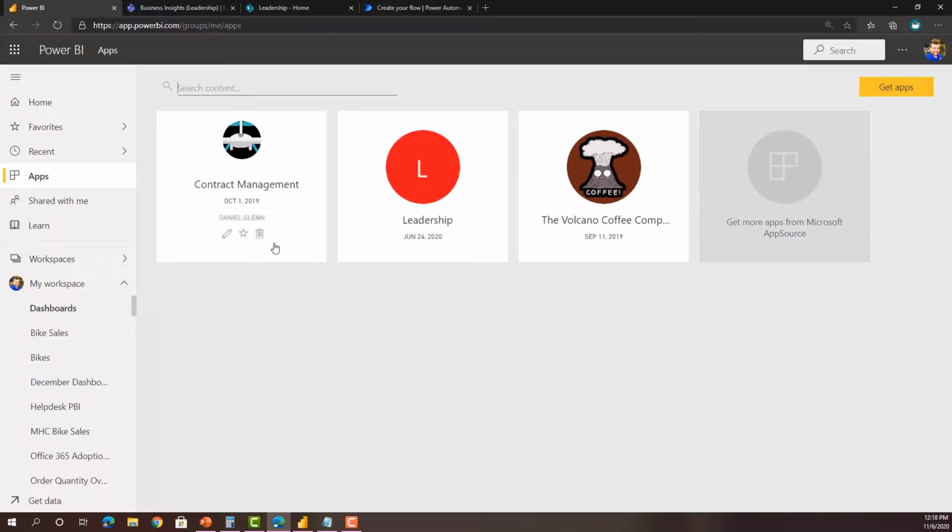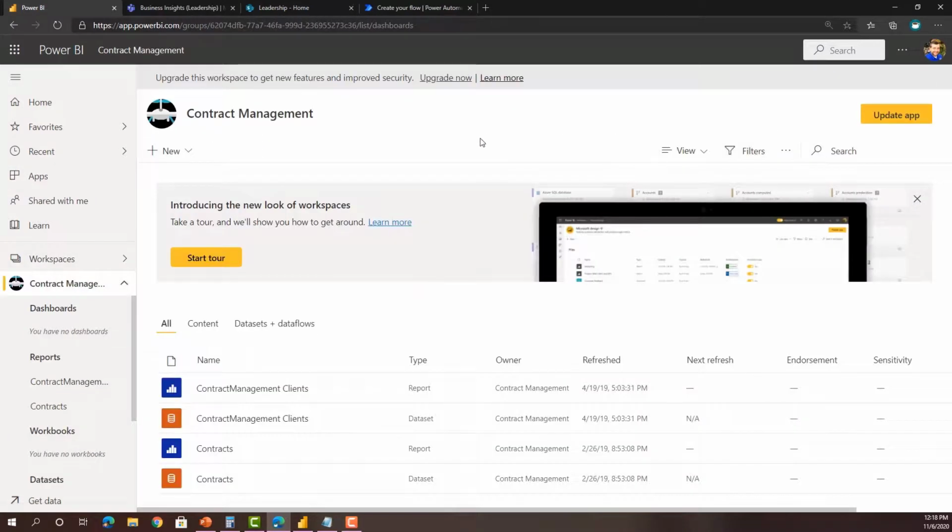So let's take a look at how we got here, how we can consume this as users from here, but how did it get published here? So let's go back to the contract management, and you'll see that up in the right-hand corner it says Update App. If there was no app associated with this workspace, remember it's one app per workspace, so we can't create multiples, but this is a way we can publish an app, users consume that, we can edit reports that we've published in the app and develop those, and then we can update the app with the changes that we made. So this is kind of separating out production and dev.